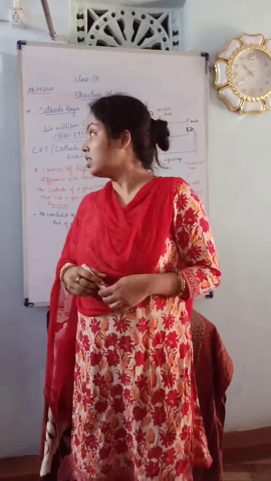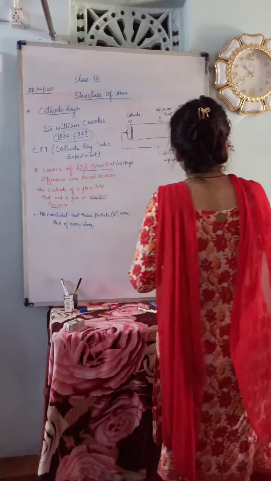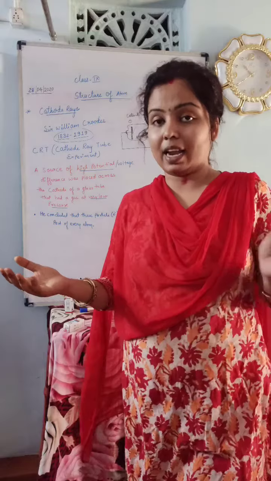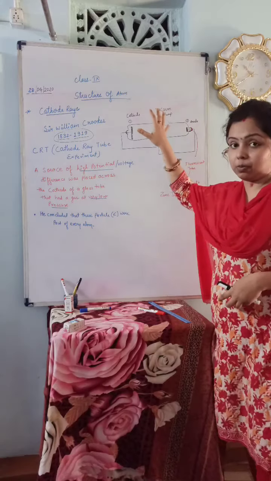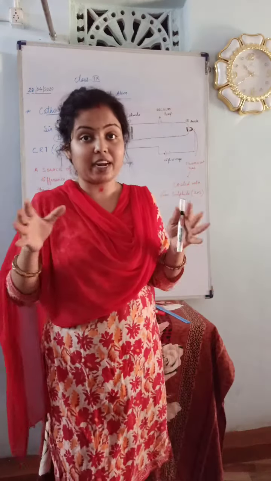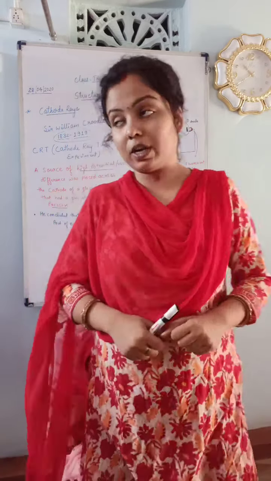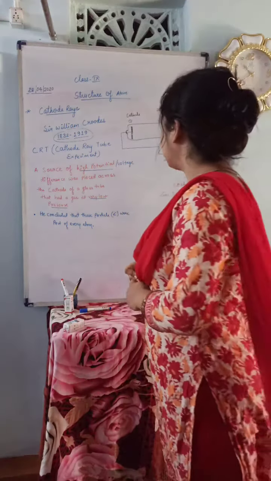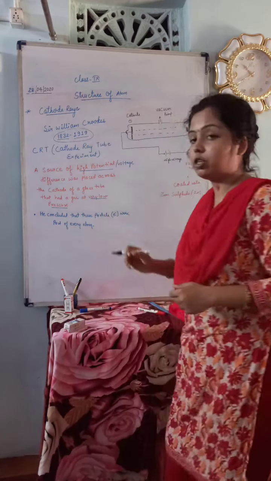In this experiment, Sir Crookes takes a discharge tube. The discharge tube is made of glass. In this discharge tube, he has used two metallic plates, and these metallic plates act as electrodes. One is the cathode and the other is the anode. In this discharge tube, he created a vacuum and provided a high voltage. When the high voltage is applied in the discharge tube, he finds that a stream of particles is coming from the cathode and moving towards the anode.